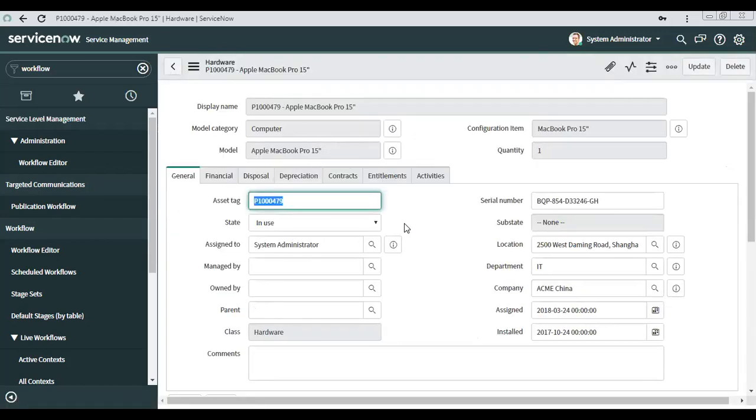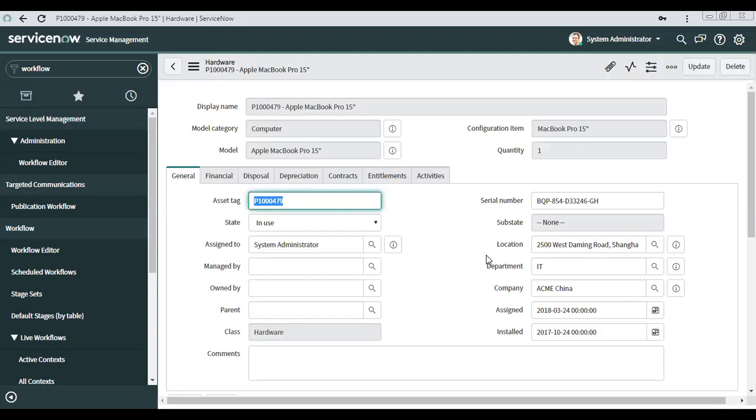Unique, obviously. For example, here we have MacBook Pro 15. If there are other MacBooks, there will be a different label for this configuration item. I'm saying, if there are multiple Dell laptops in a company, the asset ID will be different, and the configuration item will also be different for each laptop.